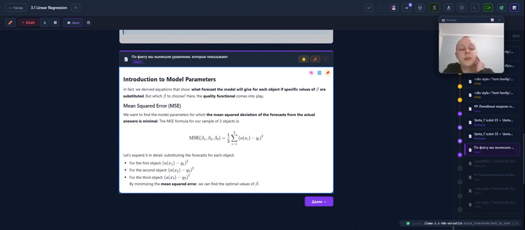But an important problem of linear regression is which b coefficients to choose. And here again, the quality functional comes into play. Again, MSE: we want to find the model parameters for which the mean squared deviation is minimal. Again, we can quickly remind ourselves of the formula of MSE. For example, if we had just three objects,